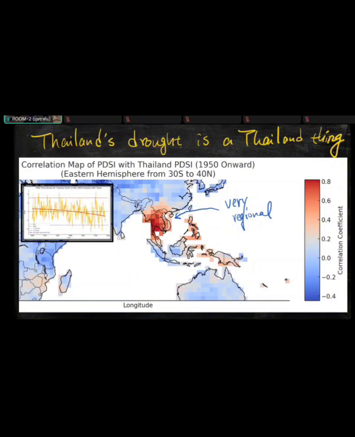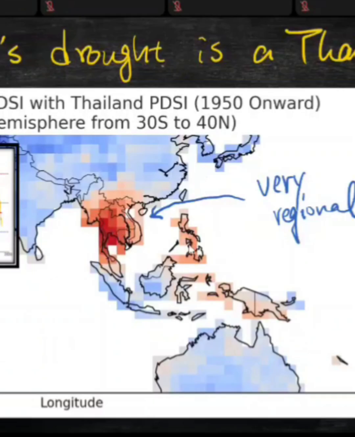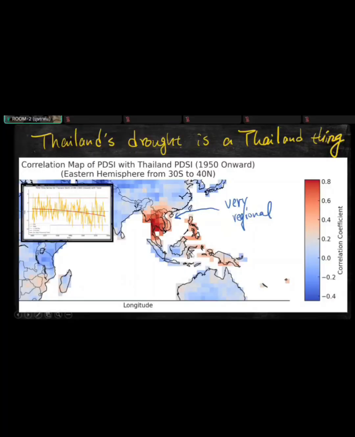So there's good news about it and there's bad news about it. Occasionally, probably more than 30% of the time, when Thailand is in drought, the Philippines could be in drought too. So that suggests that we might be linked to some sort of a Western Pacific pattern here. The more we understand these kinds of features, the more information Mother Earth will give us to help our prediction. But overall, you can see that Thailand's drought is very regional. It does not concern anywhere else.